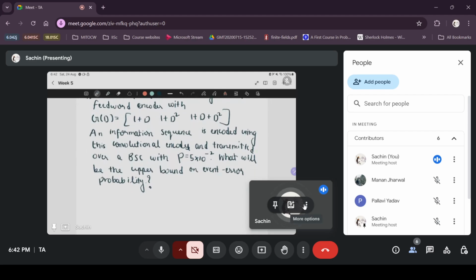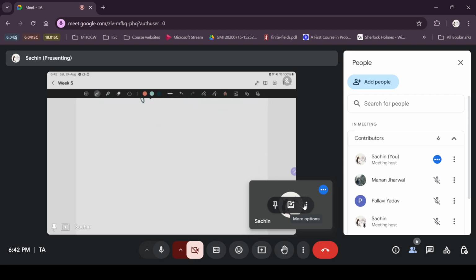So they have given G of D. The first element of G of D is 1 plus D. So at time l, one of the outputs will be u_l plus u_{l-1}. The second term is 1 plus D squared, so you will have u_l plus u_{l-2}. The third term is 1 plus D plus D squared, so we will have u_l plus u_{l-1} plus u_{l-2}. So the realization of